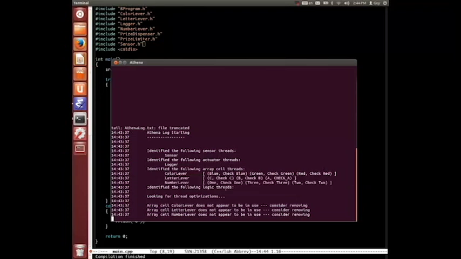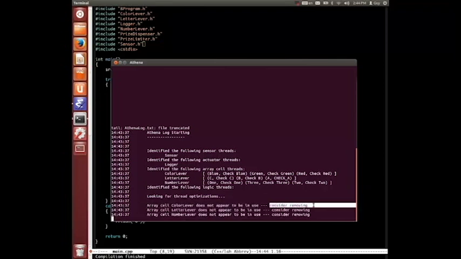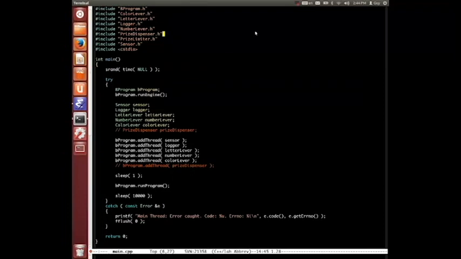Now, Athena also looks for optimizations and unused code. So for instance, she tells us now, and remember that this is Athena, so everything she says is exact, that the three lever threads do not appear to be in use, and we should consider removing them. Recall that right now, this is so because the price dispenser thread is not being used. Let's reinstate it